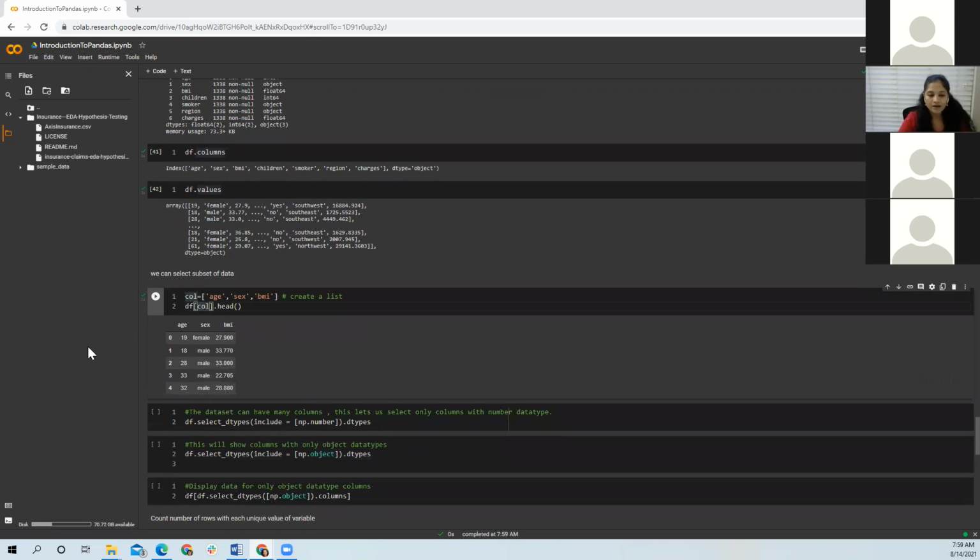As I told you, if you have 100 columns, seeing the data at once for all the 100 columns is not possible and not the right way to go ahead. So it is always better, if I know these, I just want to see these specific columns or the data associated with these specific columns. This is the way you do it.